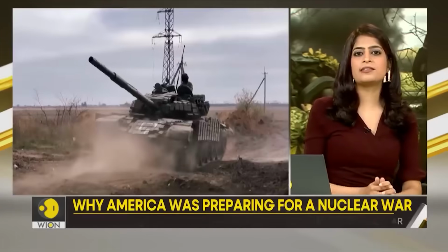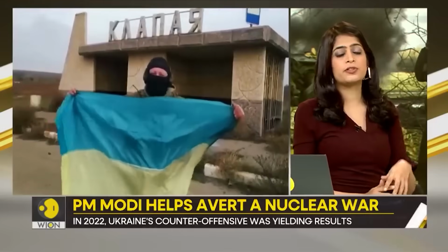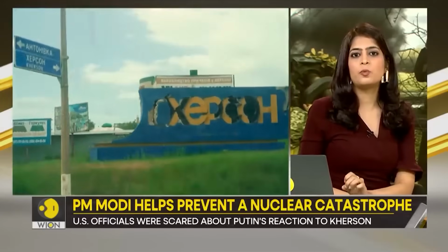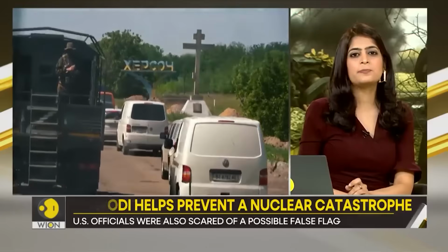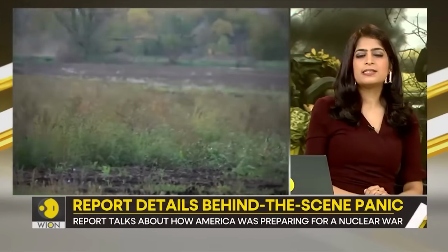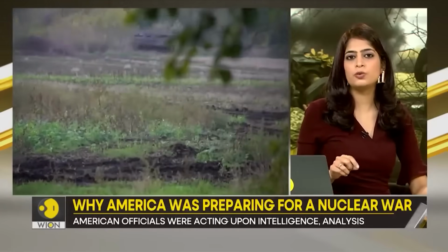The story starts in the second half of 2022. Ukraine's counteroffensive was yielding results. Its troops were advancing towards Kherson. Russian units were in danger of virtual annihilation. In America, there was a fear that a possible bloodbath of Russian troops in Kherson could nudge Putin into pressing the nuclear button. Some officials in the US were convinced that Vladimir Putin would not view the fall of Kherson